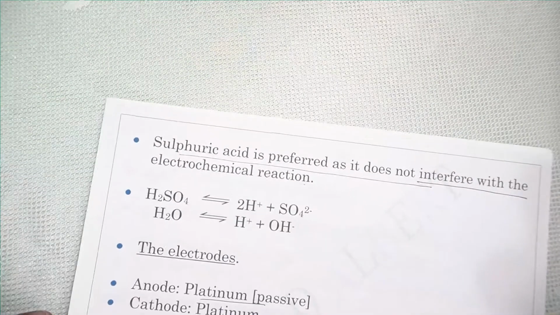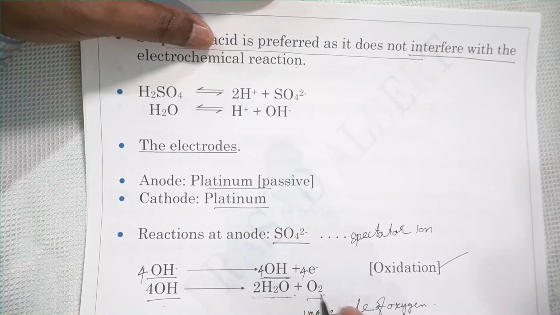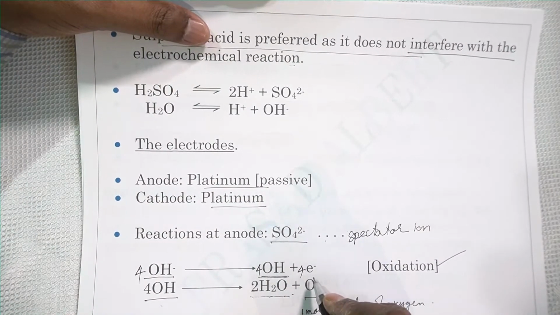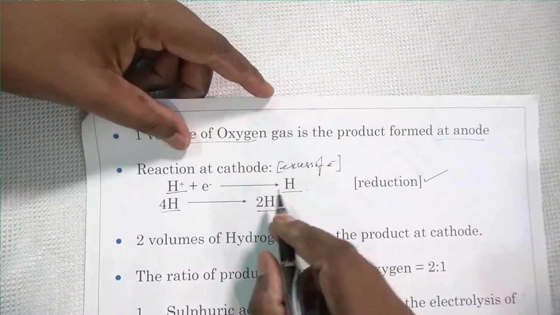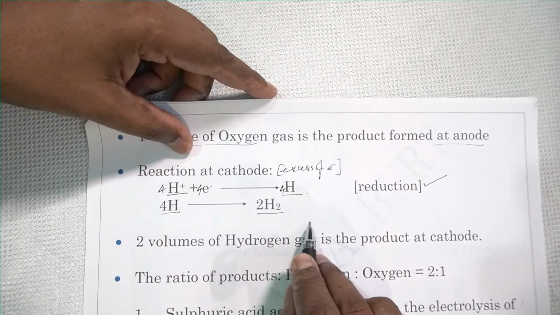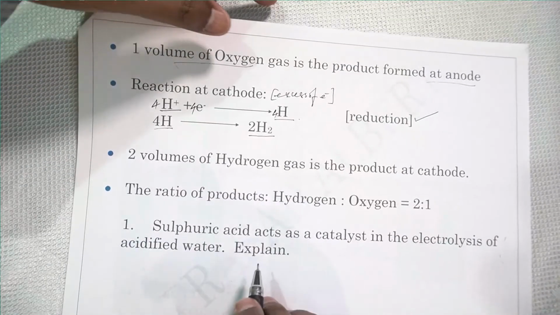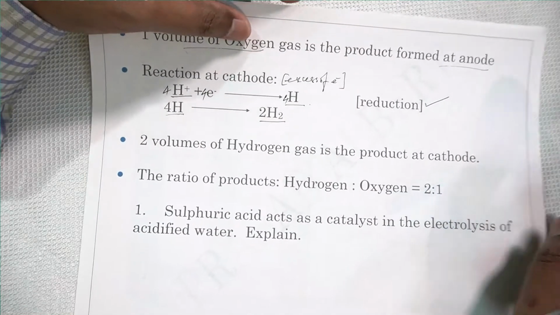You understood? So similarly, since there is the reaction at the anode, we find that the electron transferred is 4. In other words, the anion is giving 4 electrons. It is losing 4 electrons. The cathode will gain 4 electrons. So 4 electrons and 4 hydrogen. So we had 4. I think it is clear now. So the number of electrons lost by the anode is equal to the number of electrons gained by the cathode.